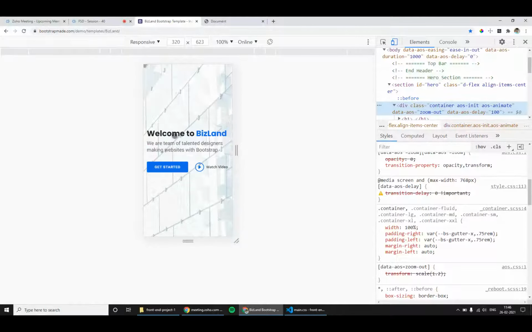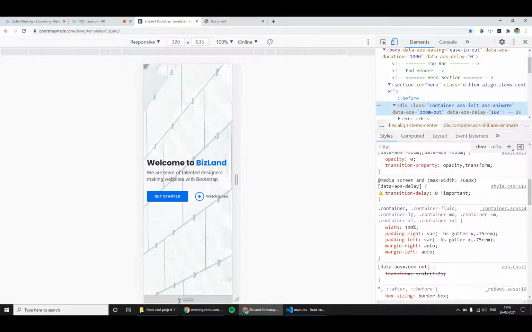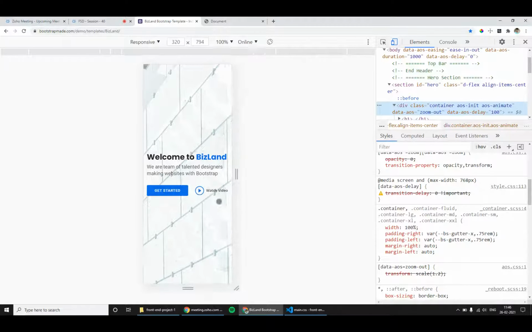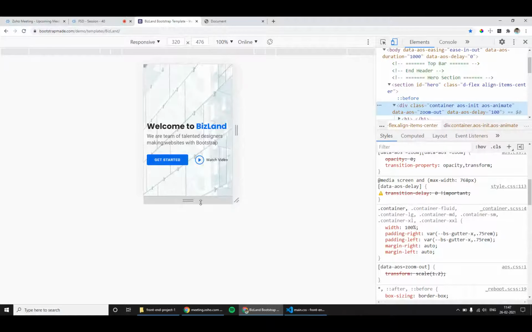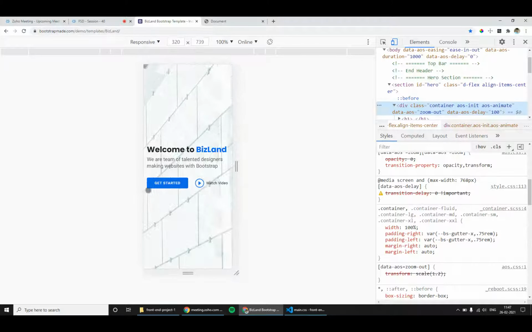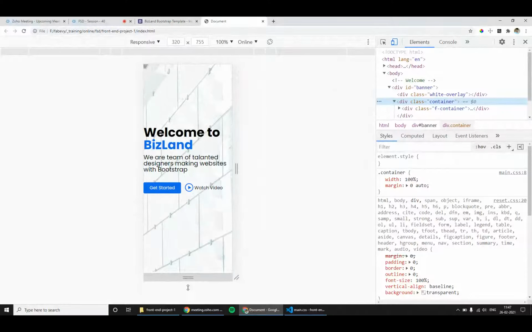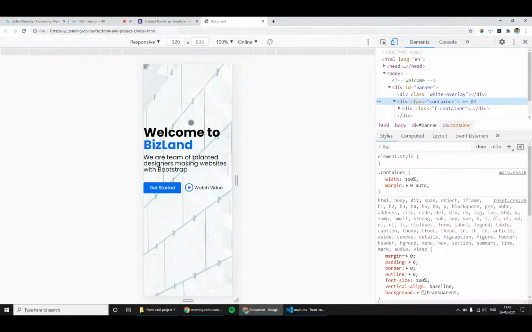Then what is the difference? Whatever the height, it is on the center of the section. Even though I increase or decrease the device height, this section is on center. Let us test this in our web page as well. It is not that. We have applied some padding or something to get some space from top.